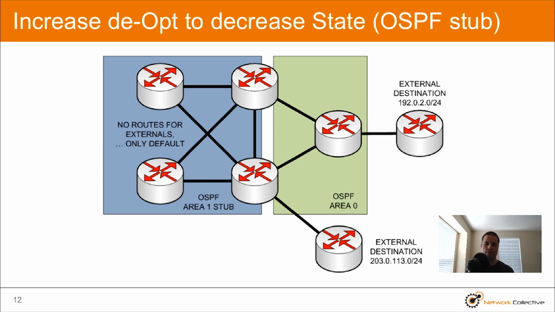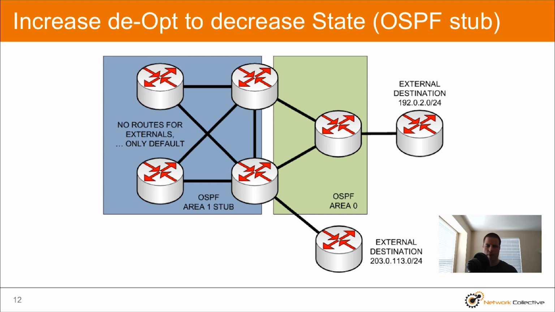So you can kind of see those. Imagine now that the router on the far right that says external destination 192, when we do redistribution into OSPF, those two ABRs, the routers that are in blue and green at the same time, are not going to pass on that external route into the blue domain. That means that the routers that are only in the blue area, in the stub area, are going to follow a default route through one or the other ABRs, and we can't really control which one they pick. Now, that's not really a big deal when we load share between them, because whether we go through the top or the bottom, they're both equal distant from the external router at the far right.